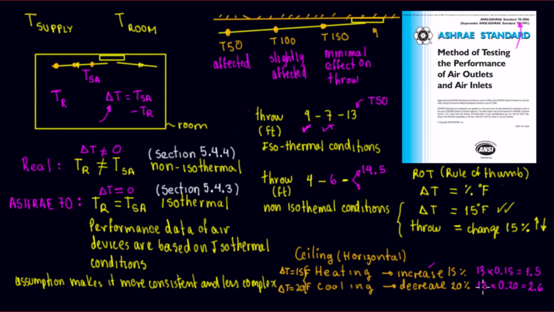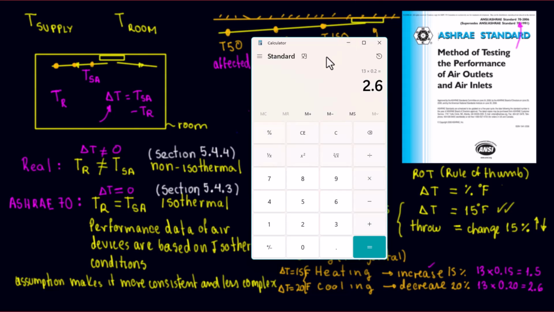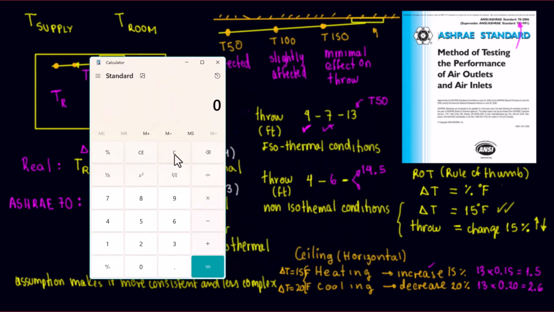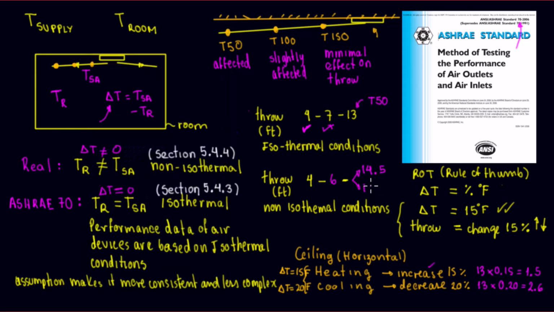So this is going to be 13 times 0.20, 2.6. It decreases 2.6. So again, HVAC is math channel, easy math, go easy or go home. 13 minus 2.6, 10.4. Sorry, that was my Google device. Okay, so in here we're going to have 14.5 and then 10.4